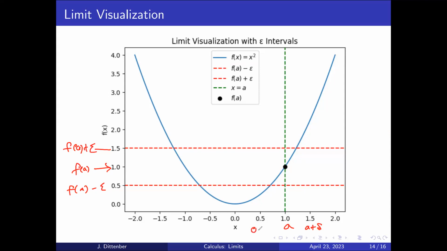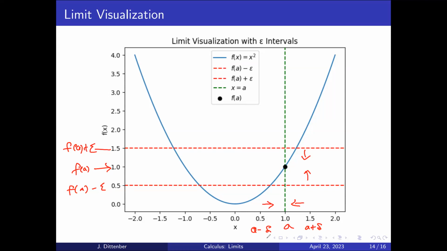And so this is a minus delta. Okay, and so what the precise definition of the limit is saying is that essentially I can move these lines closer and closer together. And I don't have lines down here, but basically I can shrink down this epsilon and I can shrink down this delta. And actually they're related, right? As I shrink down